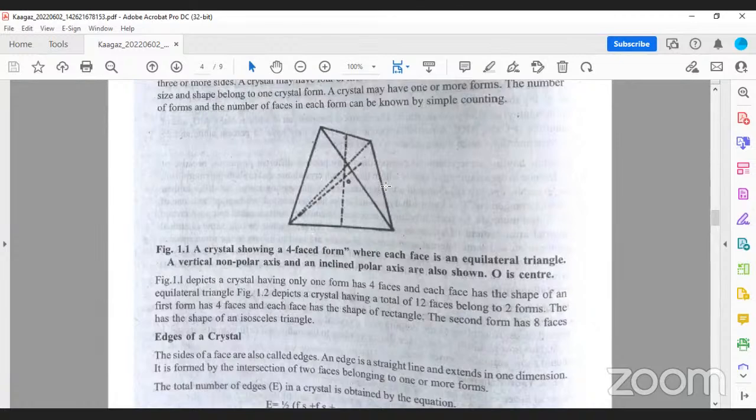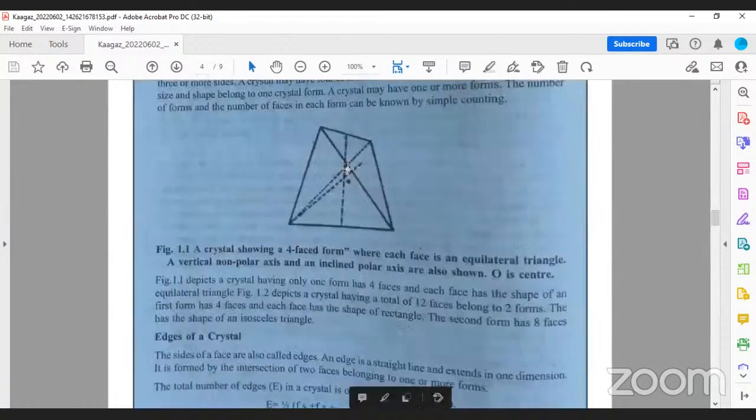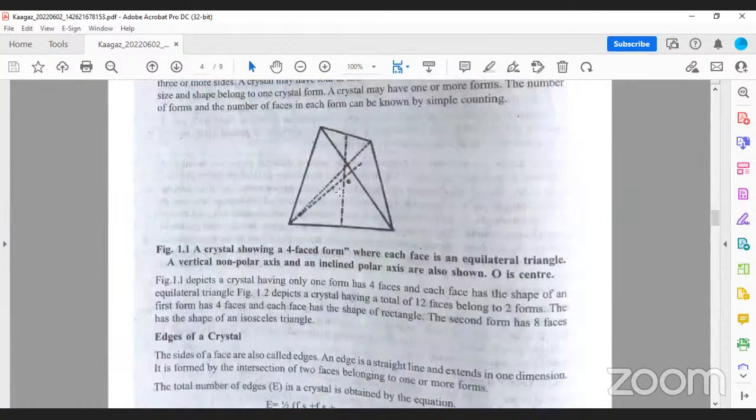With respect to a point, that case is the center of symmetry. Sometimes with respect to a line, that case is an axis of symmetry. When the repetition is with respect to a plane, you can call it the plane of symmetry. Tomorrow we'll discuss the center of symmetry, axis of symmetry, plane of symmetry, and pseudo symmetry. Then we will discuss the laws of crystallography as well as the types of crystals, crystal systems